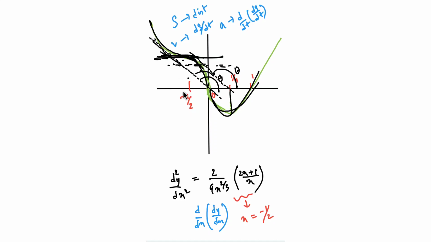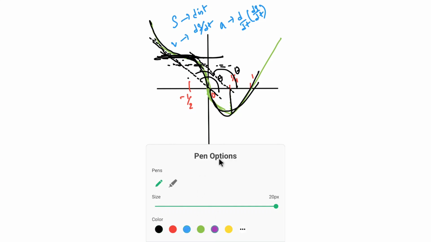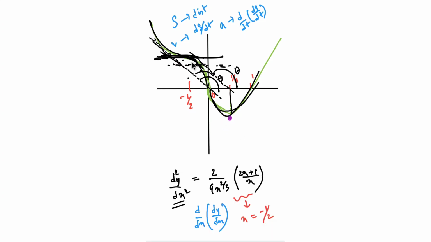That's the point where you need to make a note of d square y by dx square. That's the point to understand the concept of d square y by dx square. So we find an inflection point here also. We have found this one as an inflection point and this one as an inflection point. So there are totally two inflection points. I hope you all understood this concept. This is the picture clarity of d square y by dx square.